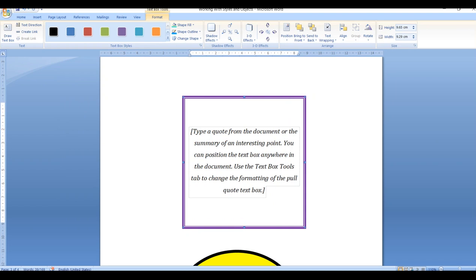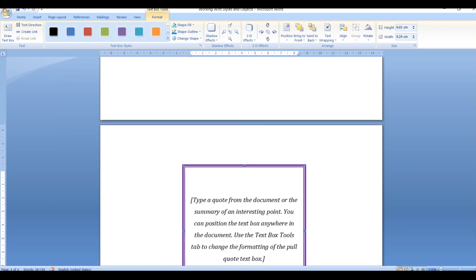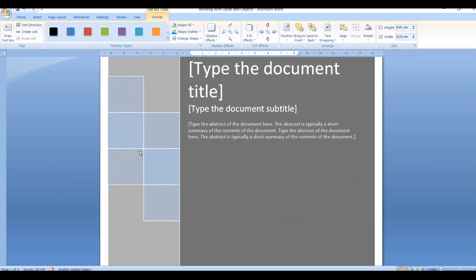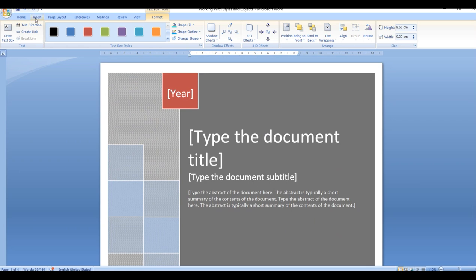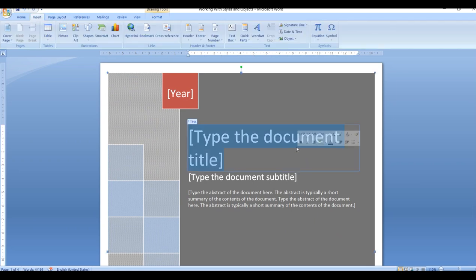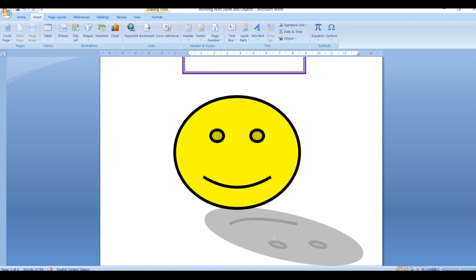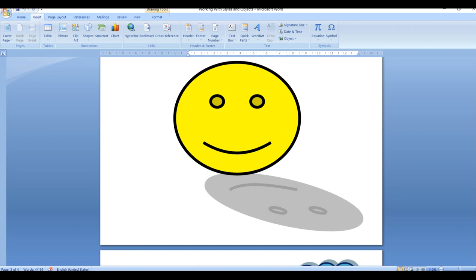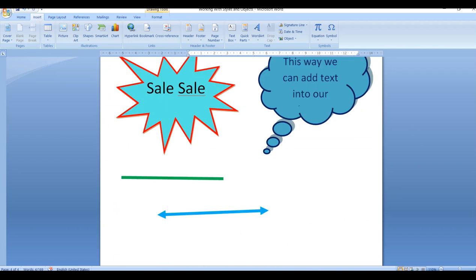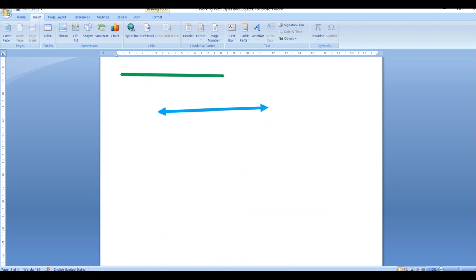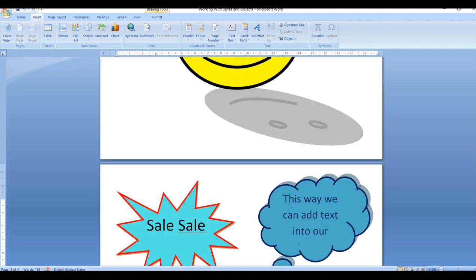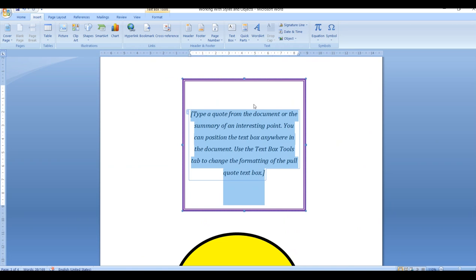So this was all about inserting a shape, then word art, then how to insert a cover page, then how to insert a shape, and in that shape how to give the shadow effect, how to fill the color, then how to draw the lines and how to fill the color into the lines, how to add the text box into our Word file, then including the text box, even you can add the border color, you can change it.